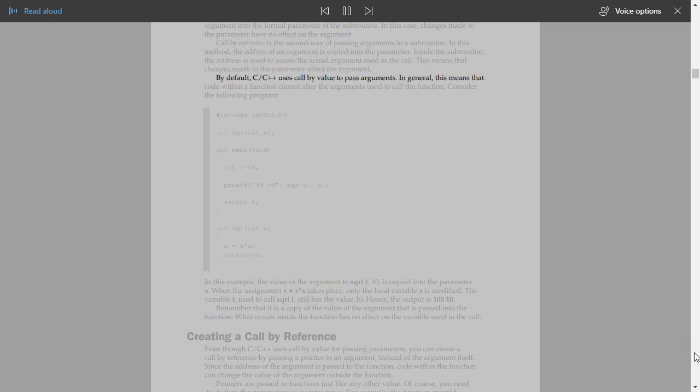By default, C/C++ uses call by value to pass arguments. In general, this means that code within a function cannot alter the arguments used to call the function. Consider the following program. #include <stdio.h> int sqr(int x); int main(void) { int t = 10; printf("%d %d", sqr(t), t); return 0; } int sqr(int x) { x = x * x; return x; }